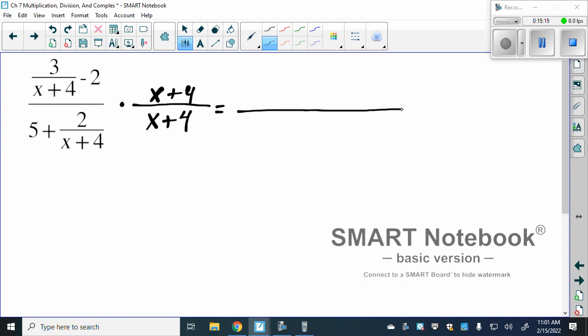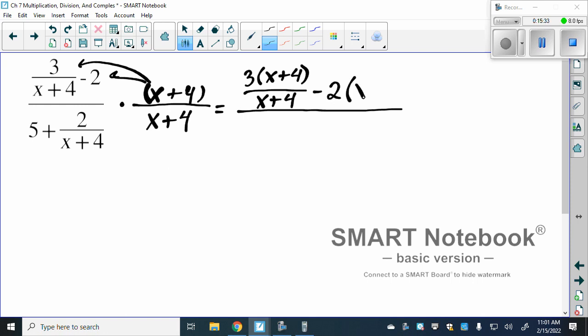So on the top, we're multiplying the x plus 4 by each of the numerators. So the first one, we're going to have 3 times x plus 4 over x plus 4 minus 2 times x plus 4. We'll do a similar thing in the denominator. So we'll have the x plus 4 times 5, which would be 5 times x plus 4